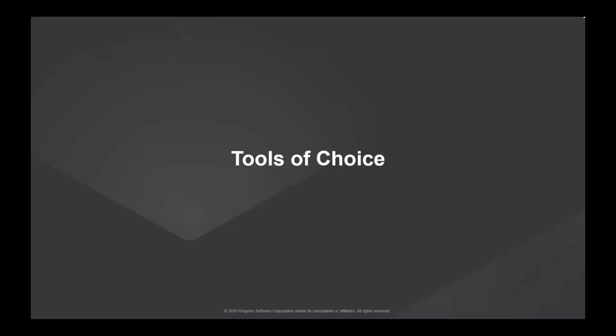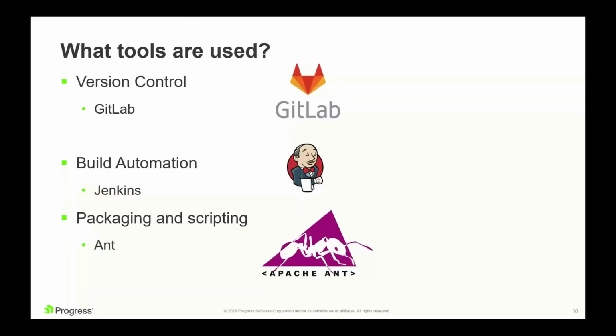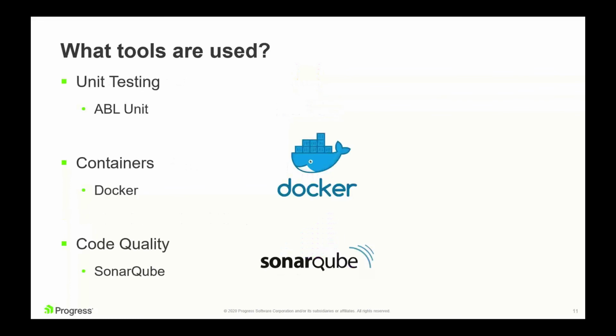Okay, so the tools of choice for today are, like I mentioned before, arbitrary. There are a lot of good solutions out there, but I'm using GitLab for version control, Jenkins for build automation, Ant for packaging and scripting, ABL unit for unit testing, Docker for containerization, and SonarQube for code quality, like I mentioned before. The whole packaging mechanism that I'm going to show today is also based on Ant scripts